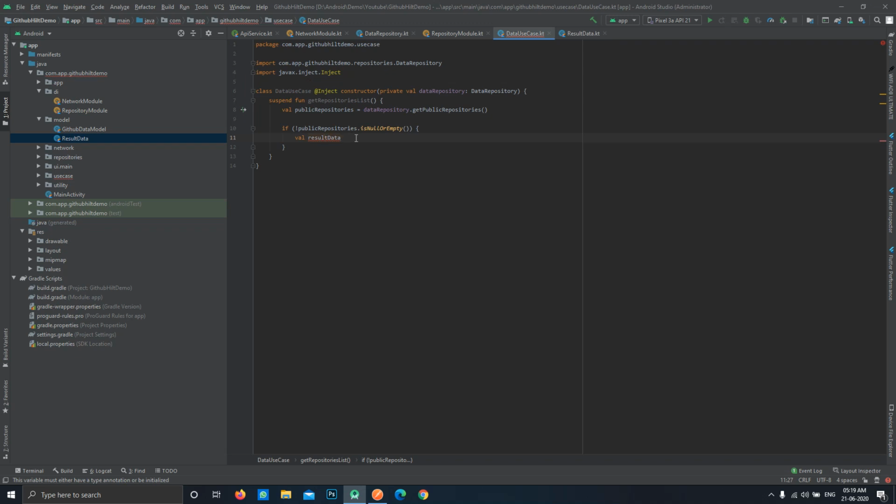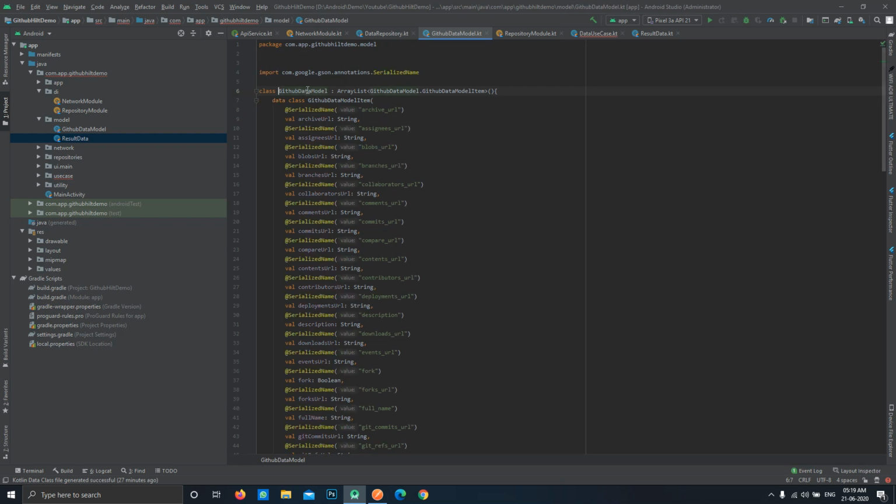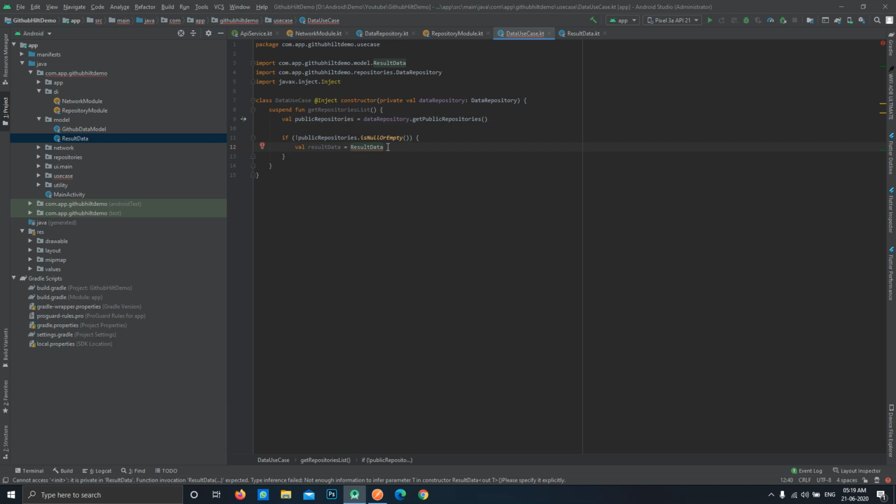Okay, so create a variable named result data, and now what we will do is assign this as result. Now create an instance of result data, and as I told you previously, we need to define the types, because we are using a generic type. So whenever we provide it with some class, like in this case, this is returning a data class in itself, like this. So we'll be providing it with this class, so we can use any class over here.